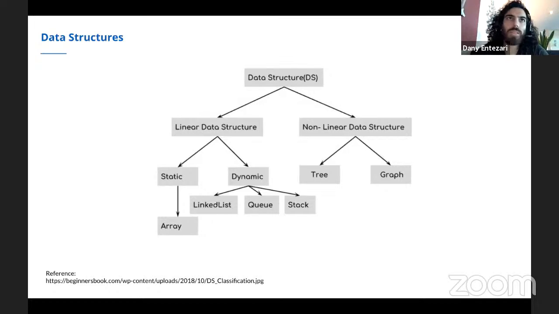So, for example, some data structures are ideal if you're simply going to add items to the data structure, but you're not going to try to add, remove, or move things around frequently.